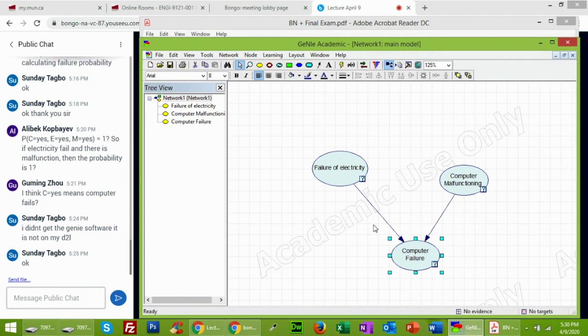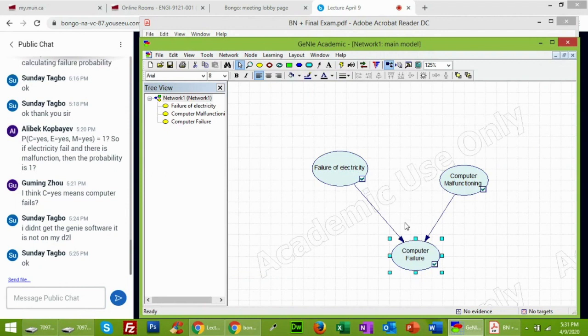Now the next step is how do we run the simulation? Once you have assigned all the CPTs, you need to run the simulation here. So you go to this yellow sign and you will see it is update value. You just left click this and it will automatically calculate everything. Now you need to notice something before I press that button. You see here there are question marks. Question marks mean this algorithm has not been solved. Now once I run the simulation, they have been converted into tick marks. So this indicates that your simulation has been successful.